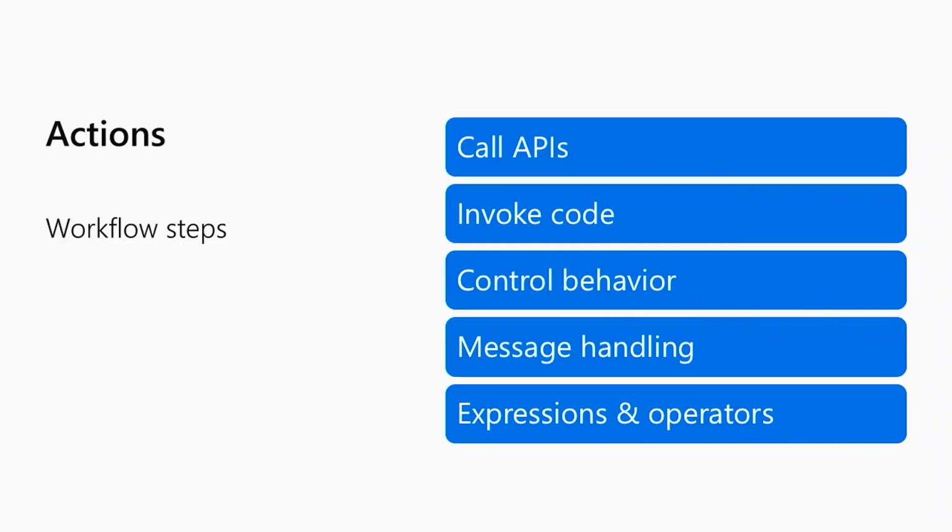And then finally, at the heart, right, is a set of actions that you actually want to call. The first one is being able to call APIs, these connectors that provide that abstraction to these services up in the cloud. So if you want to talk to your Salesforce system or your BizTalk server or your queue, we have connectors that are able to do that and abstract that for you.